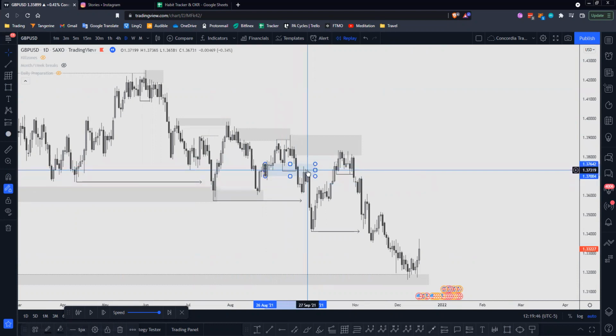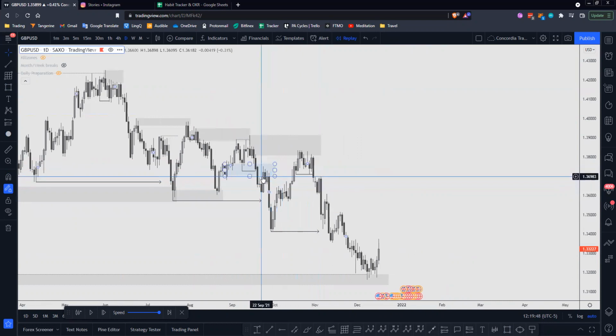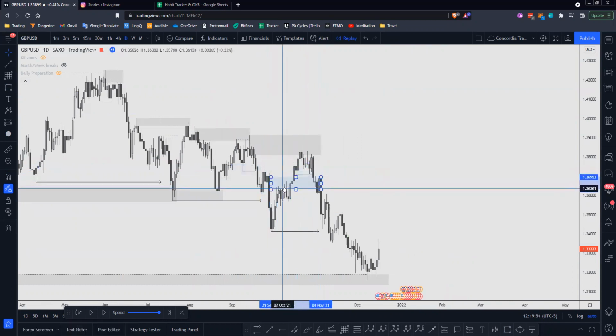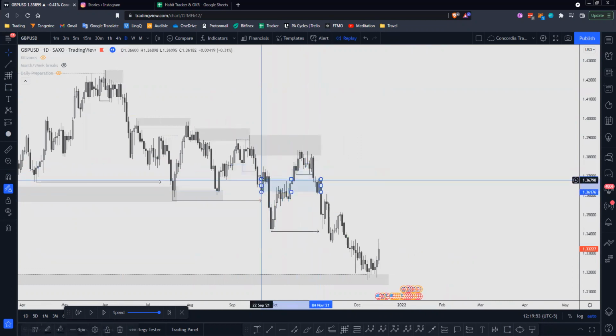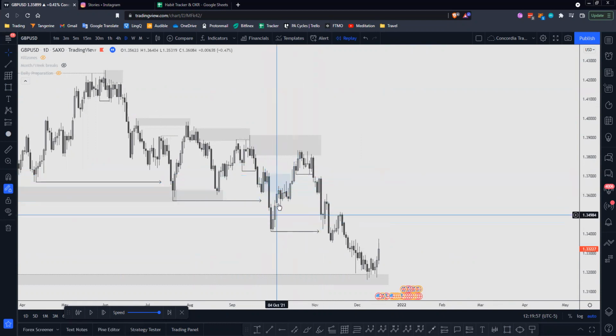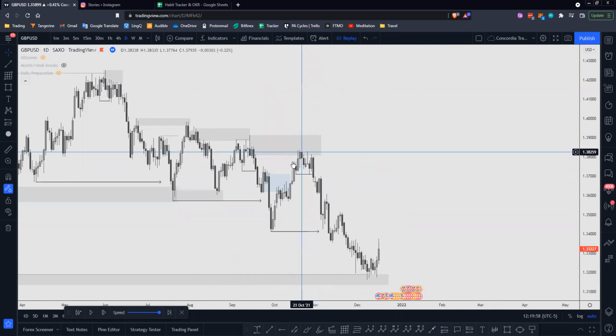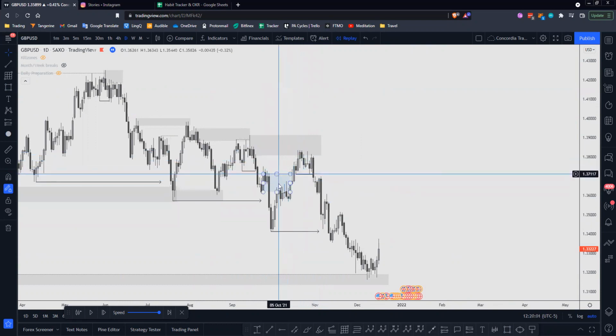It's used as a resistance on the other side before the breakdown. Again, same thing here, right? Even on the buy side, right? We have a sell side right here, right? Consolidation, we break up, consolidation, boom, breaks through it, doesn't respect it this time because it needed to go up